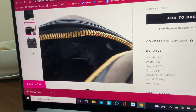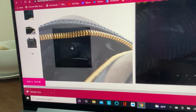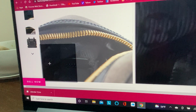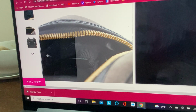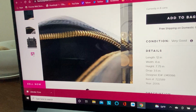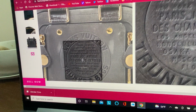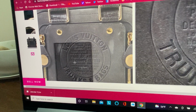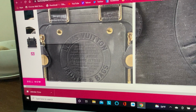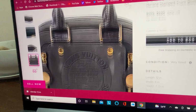Yeah, looks gorgeous, and it's lined with this shiny cloth pattern with extra Louis Vuitton patterns inside. So I think this might have been a limited edition. This is from The Trunk and Bags condition, and it lists all the places that they have it, and the biggest one is the Champs-Élysées. I guess that might be their flagship store. This is really beautiful and probably worth having,